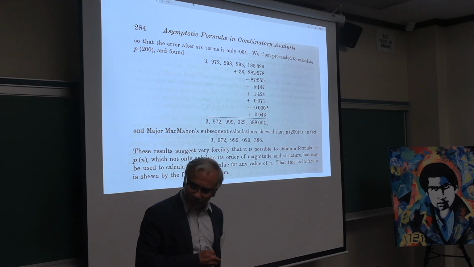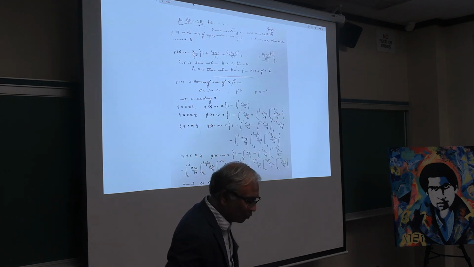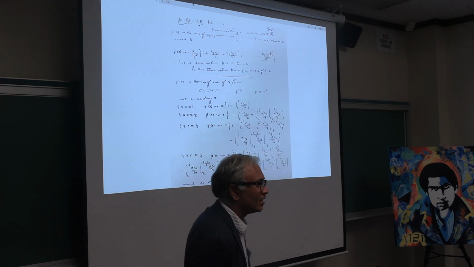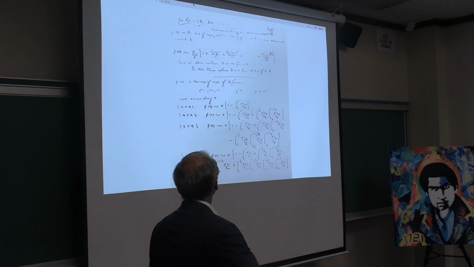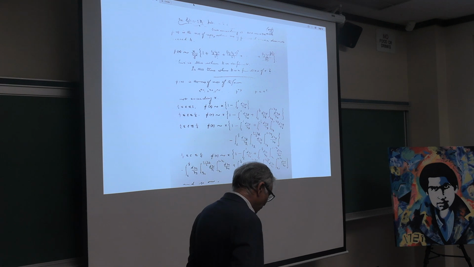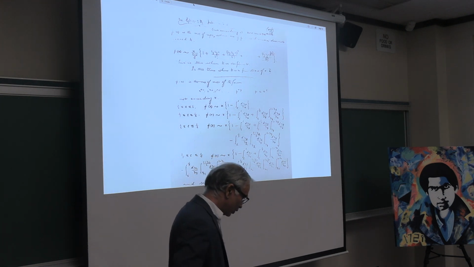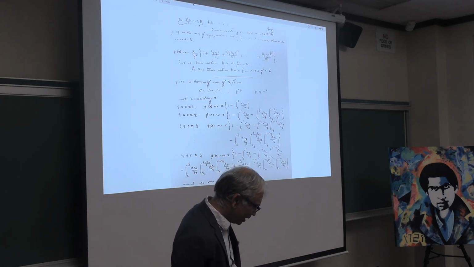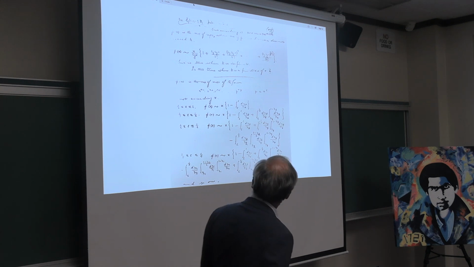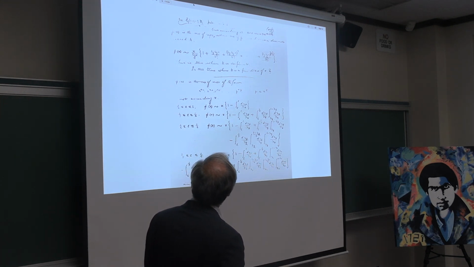Now, I want to end with one last thing, which is a page from Ramanujan's lost notebook. These were unpublished manuscripts which were given to Hardy and then were found in the Cambridge Library by Andrews, and people have looked at it over a period of time. I happened to look at this about 15 years back when I was at a conference in Florida.